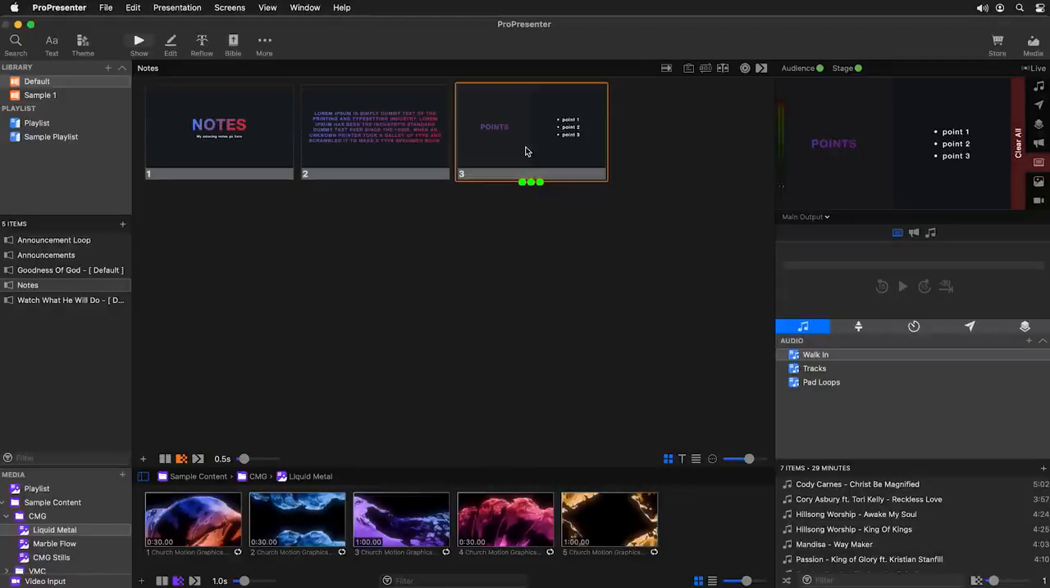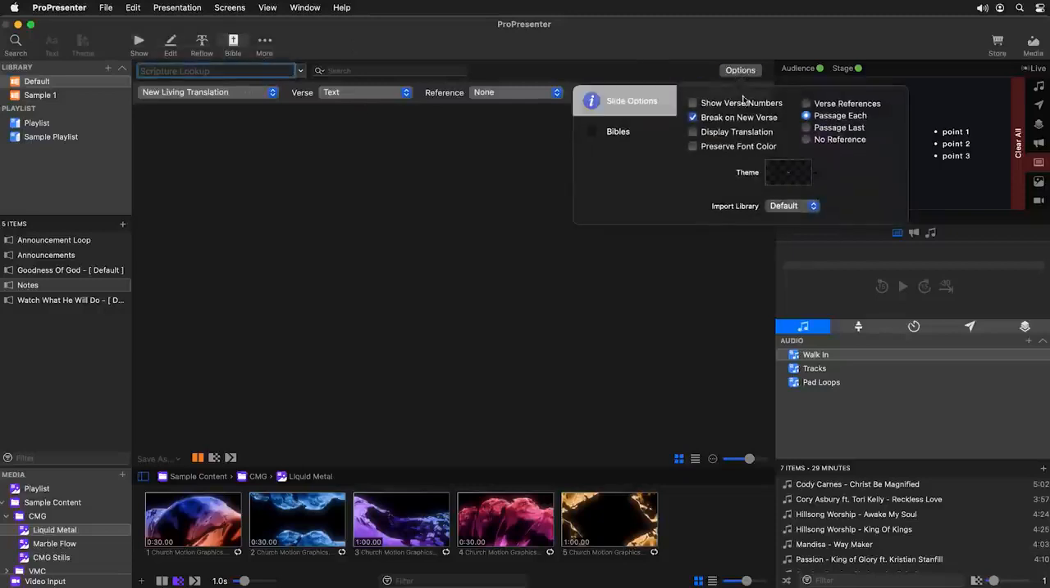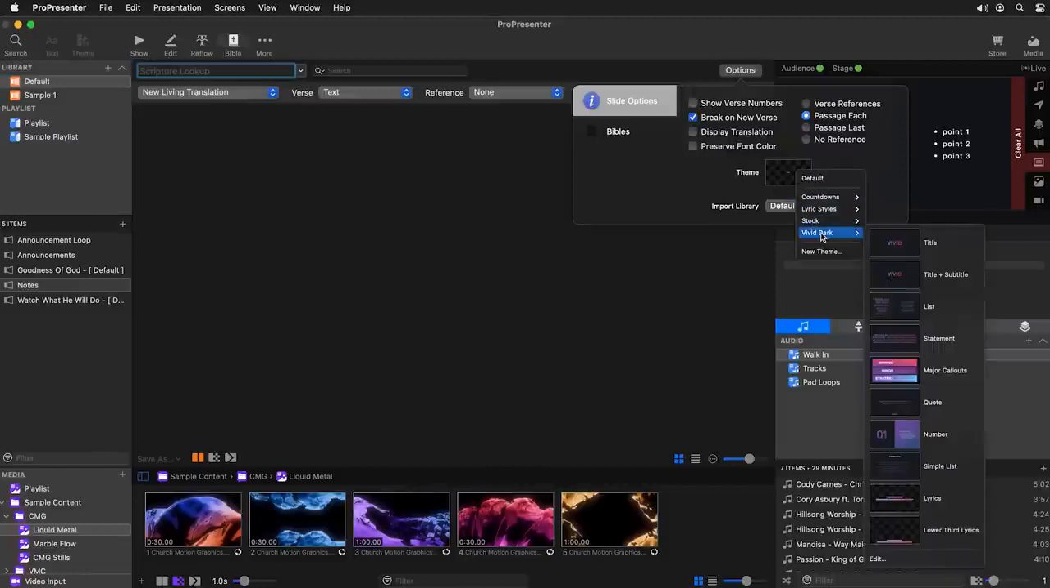Now let's add some scripture to these notes by going to Bible. So if we go to Bibles in the main toolbar, we can see we have a few different options here. And the first thing that we want to set up is what theme we're using. So we're going to click on Options, and here we have a theme option. So I'm going to choose the Vivid Dark theme, and we're going to go with this quote theme, which will